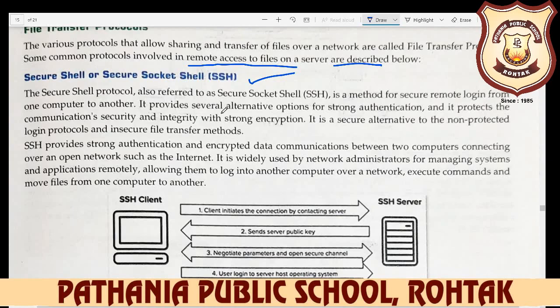It provides several alternative options for strong authentication, and it protects communication security and integrity with strong encryption. SSH integrates strong encryption, and encryption means your data will be sent in a secured form.